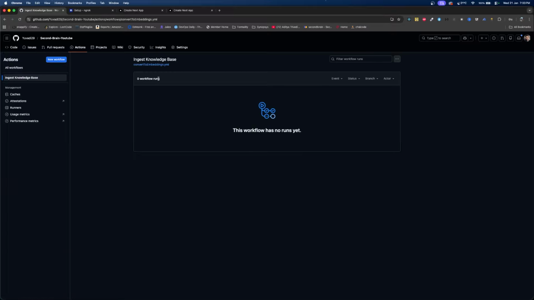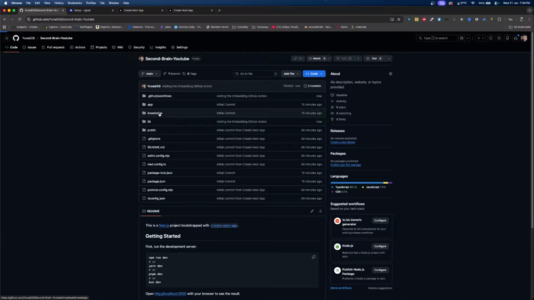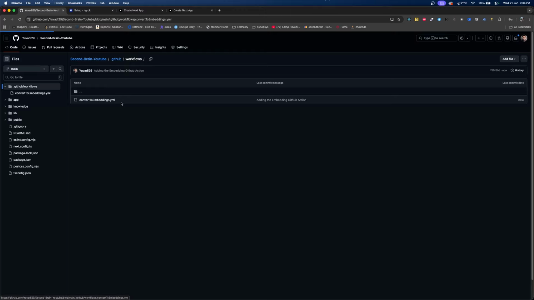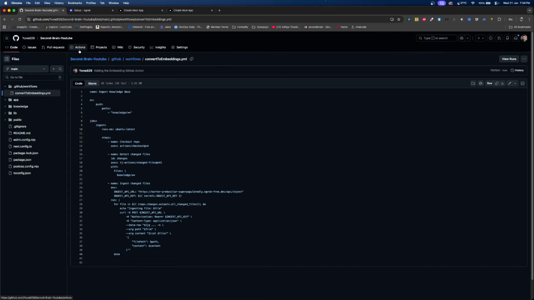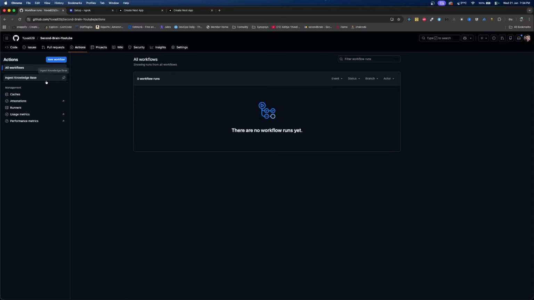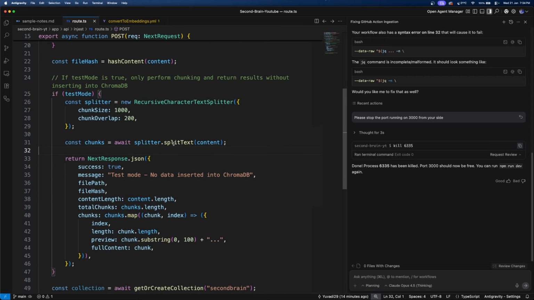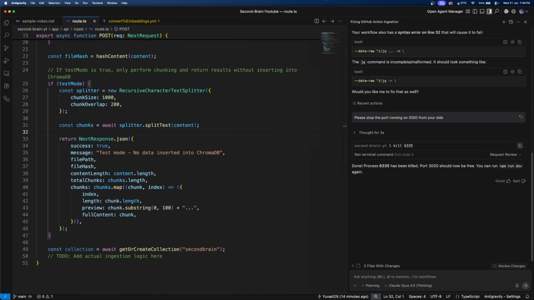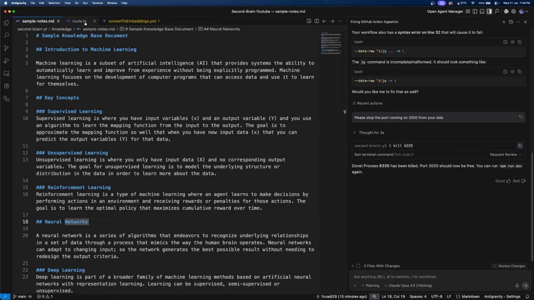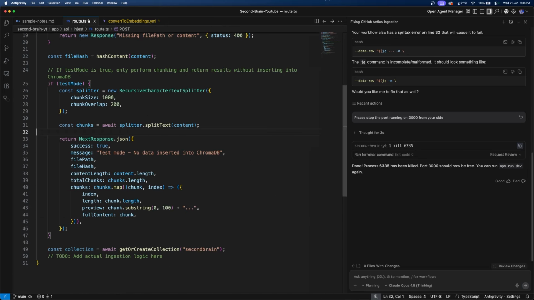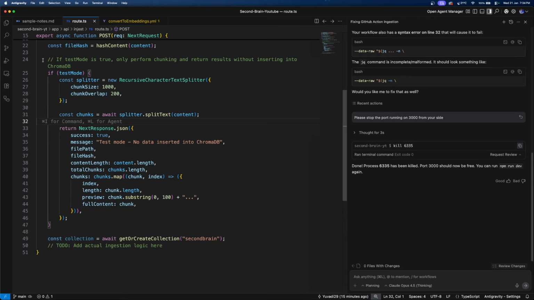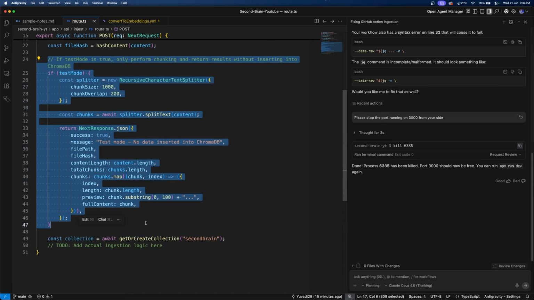We have our knowledge base ready here, and since there are no other changes in the knowledge base, it is not triggered by anyone. Okay, so let's do one thing. Let's first update this to store the data into the ChromaDB, and then make some changes into the sample nodes.md and then trigger the GitHub actions again. Okay, so we'll just remove this as said by